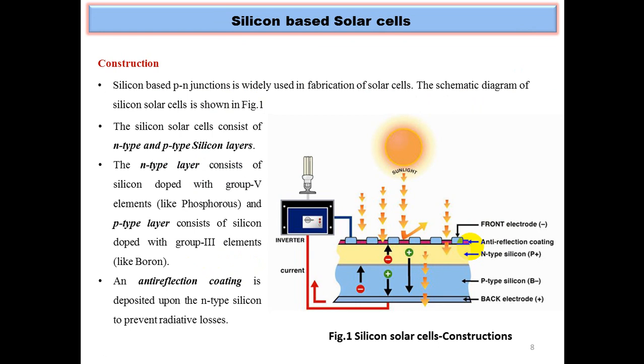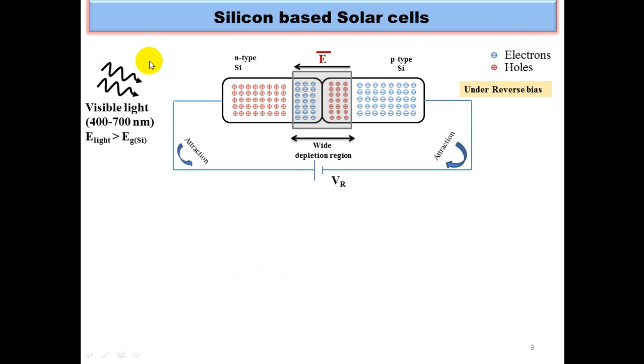Now let us visualize the same schematic diagram in another form. So the sunlight, the n-type layer and the p-type layer are displayed over here in another form. We have sunlight, n-type silicon and p-type silicon, and in between we have a depletion region formed between the n-type and p-type layers. Let us understand what is happening inside this silicon based solar cell and how this basic mechanism contributes towards the photocurrent.